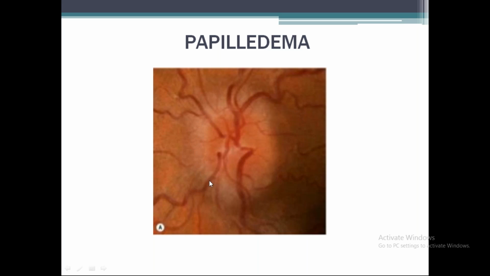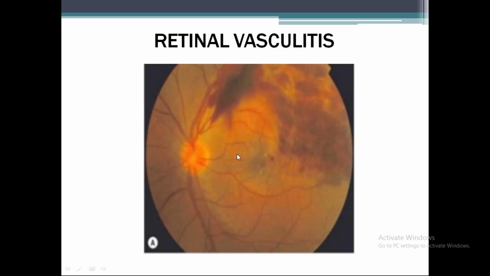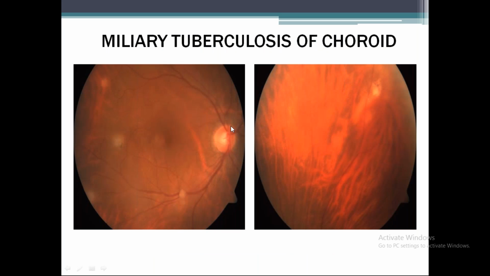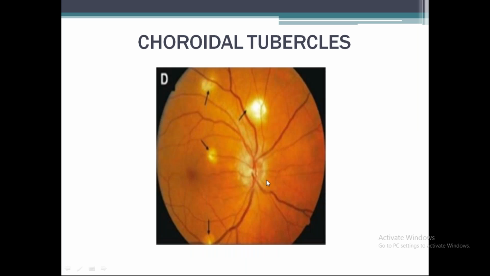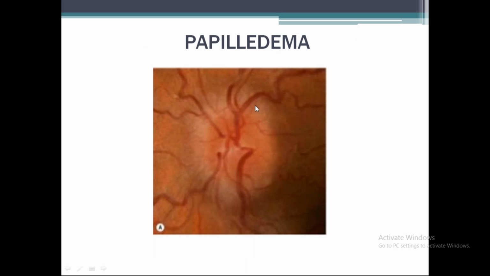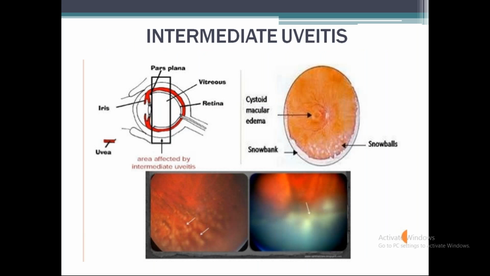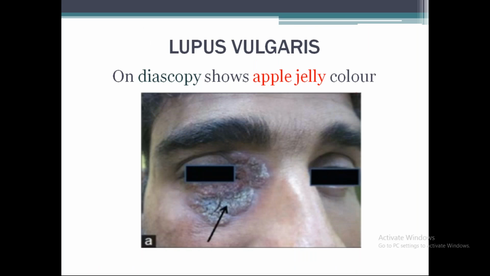Coming to optic disc findings, you can see here the disc margins are clear cut. So when you come to this picture, you see the margins are blurred. So there is swelling of the disc which is present. It could be papilledema or optic disc edema, which is commonly seen or an associated finding in cases of tuberculosis. So we have come across various types of findings in tuberculosis, starting from lids, apple jelly color lupus